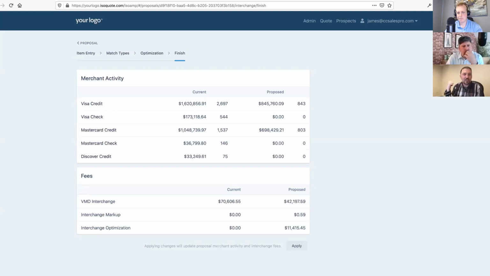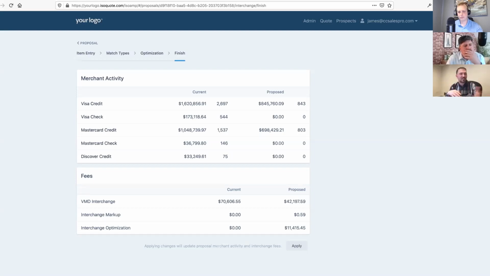It's going to show you the interchange optimization savings. It will also show you interchange markup. So what'll happen is a lot of times you'll get a statement, you'll start keying in the interchange table, and our system will say, nope, that's actually not the rate for that category. So, that's not right. And that happens. I did one 2 or 3 days ago, and the system right away was like, boom, nope, that's not right. So it identifies that markup automatically.